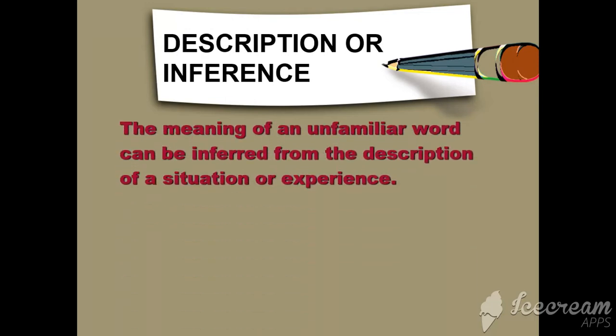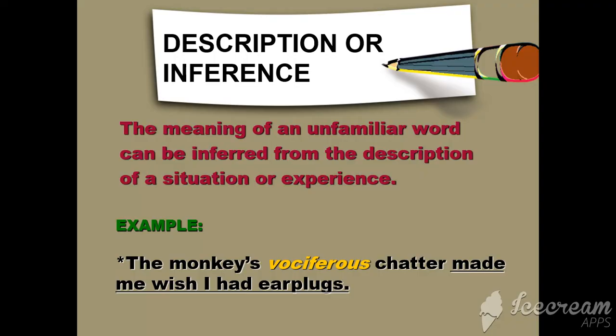Description or inference. The meaning of an unfamiliar word can be inferred from the description of a situation or experience. Example. The monkey's vociferous chatter made me wish I had earplugs. Here vociferous means noisy. Alright, he wishes he had earplugs, which means that the chatter was not joyful. Alright,